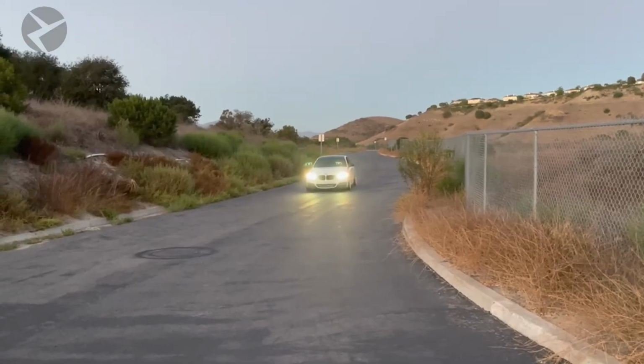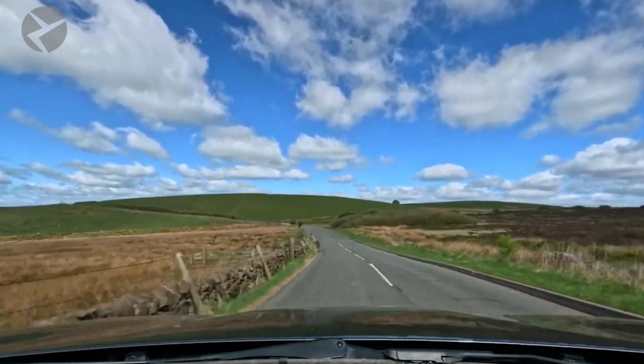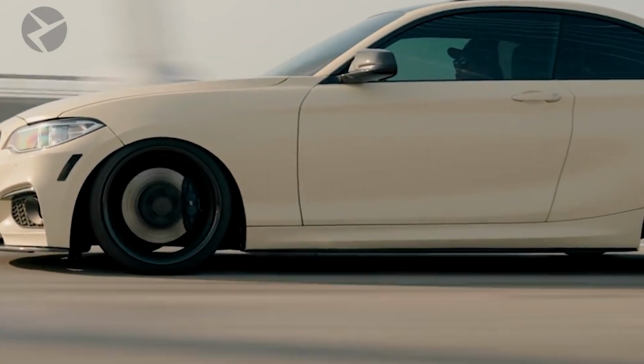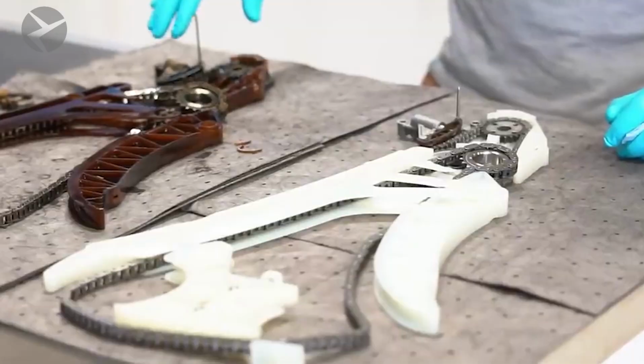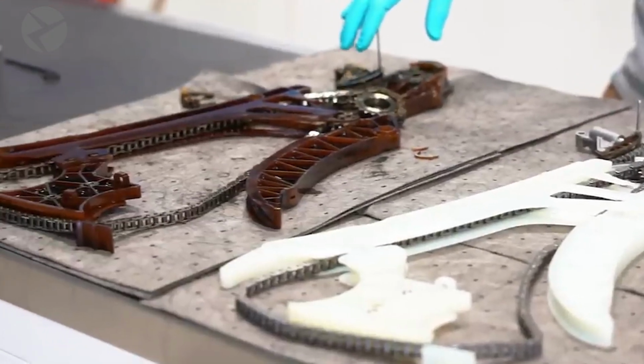It's the kind of problem that sneaks up on you. Everything seems fine until one day, your dashboard lights up like a Christmas tree and starts sounding like a bag of marbles whining in the wind. If you've ever worried about whether that little noise is quote-unquote normal or something more serious, you're not alone. Many F22 owners have been there, wondering if it's safe to keep driving or if it's time to book that